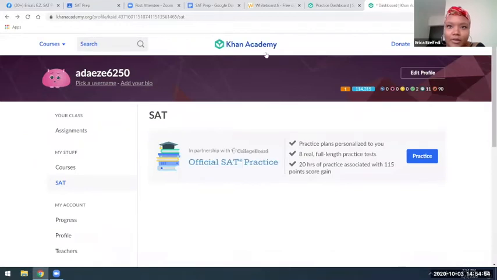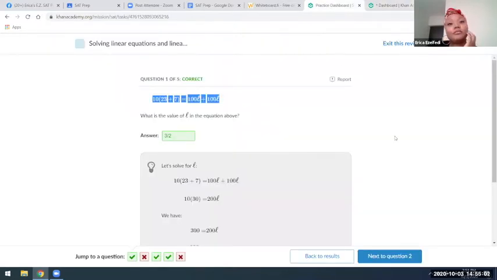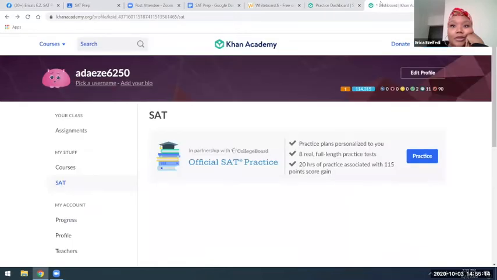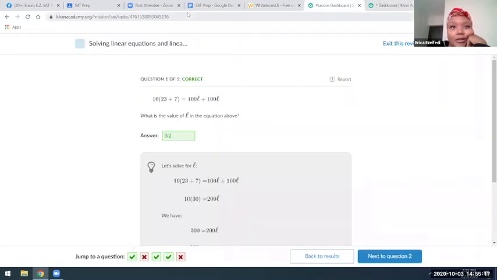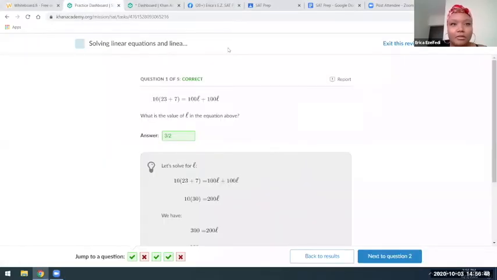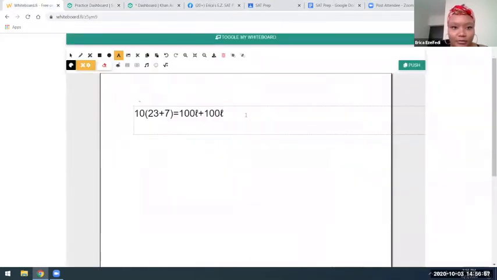Let me see if I can move this little thing. So we can go ahead and get into some math. Try to ignore the answer. Hold on one second. Okay, so we're just starting with linear equations. So our problem is,